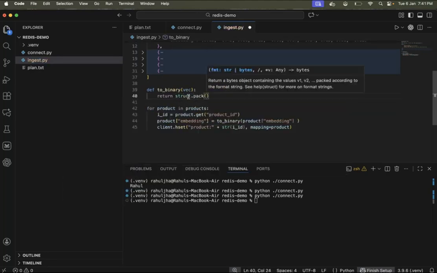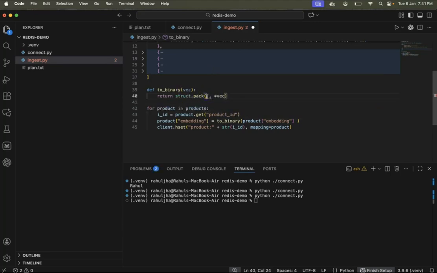Struct.pack takes two arguments. It takes the format in which you want to convert into bytes, and it takes the actual vector. So vector, I'll just spread it using the star operator. In the format,